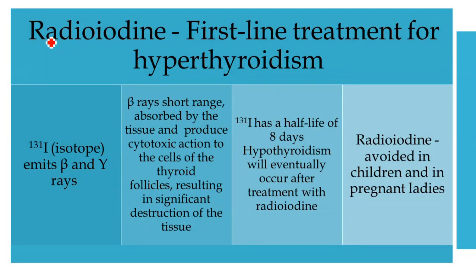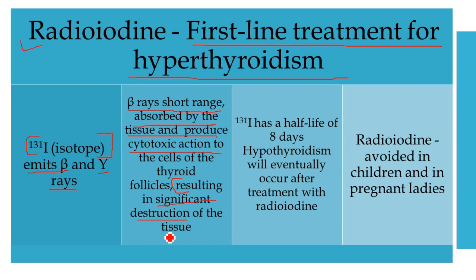So looking into the individual drugs, radioiodine is the first line therapy for hyperthyroidism, and this I-131 isotope emits beta and gamma rays, which is one of the mechanisms of these compounds. Now these beta rays have a short range and are absorbed by the tissue, and ultimately they produce a cytotoxic action on the cells of the thyroid follicles, and as a result there is